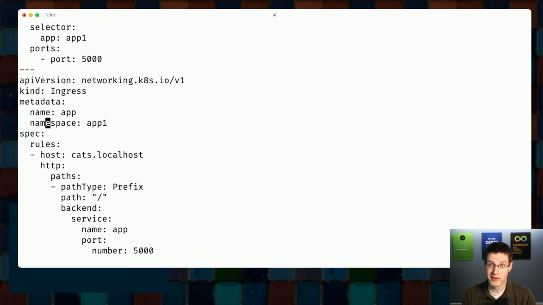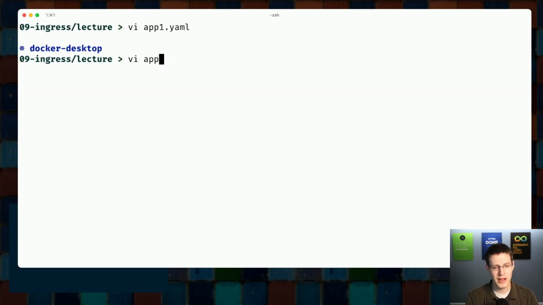This ingress object is also defined in that namespace, and it's going to say any request to cats.localhost with a path of just / with a prefix, so it's going to gather everything under that, will be forwarded to the service named app, port 5000. Okay. And then I've got another one,